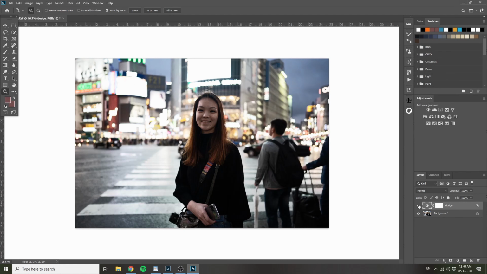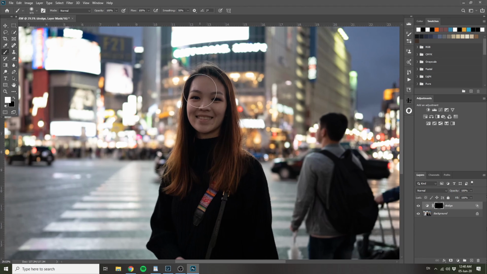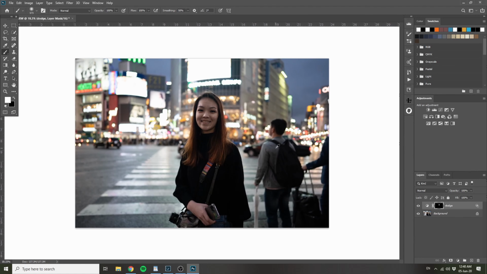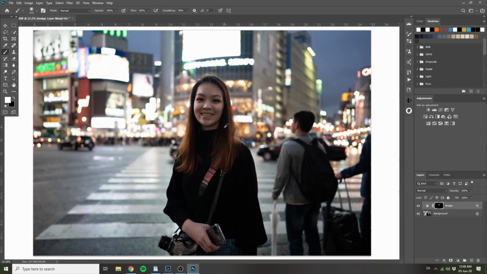Hit OK. Now, see how it's affecting all of the brightest parts of the image? So that's where our friend, our favorite friend, Control I, invert the layer mask, and B for brush. Press X to toggle between white and black. So we want to apply the effect. So white, and let's apply it on her face. Okay, this is where you're going to kill me, right? Look, on, off, on, off. Wow, we have finished our dodging. Of course, the effect is too strong, and you know what to do. Opacity,